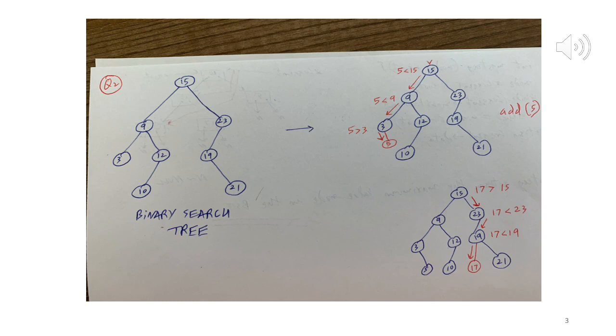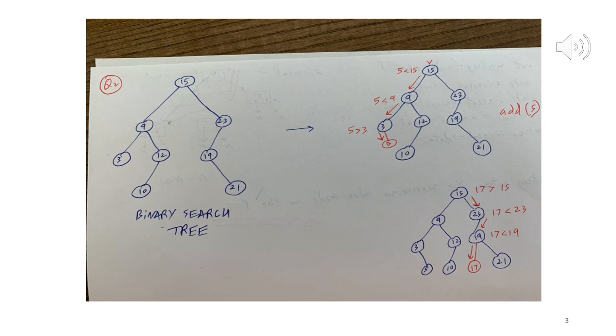Okay, so now I am on slide 3 and we are on the second problem in the worksheet. So here we are given a binary search tree and we have to add two nodes separately. So this is a binary tree we have. Tree rooted at 15, left child 9, right child 23. Now for 9, left child 3, right child 12. For 23, left child 19, right child nothing.